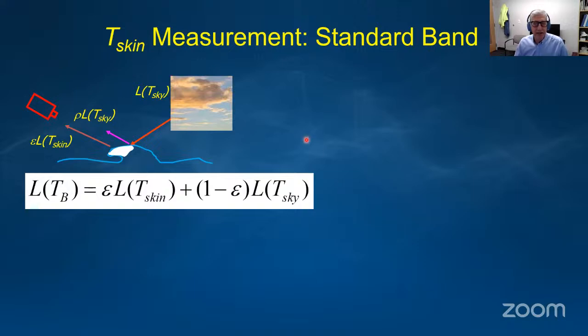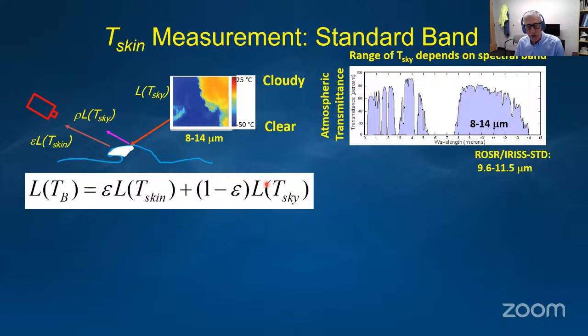So looking at now the details of how we actually make these measurements, if you look at the surface with a radiometer, it'll measure some radiance that is made up primarily of the emission from the skin. The emissivity is 0.97 to 0.99, and then there's a small but significant contribution of the sky reflection. And the magnitude of this sky radiance is going to depend on the waveband that you use. When you're in that atmospheric window here, like the Rosr or the IRIS standard band, then you have a wide dynamic range in that radiance from clear sky, very cold, to warm, corresponding to the clouds that are about at the same temperature as the air.